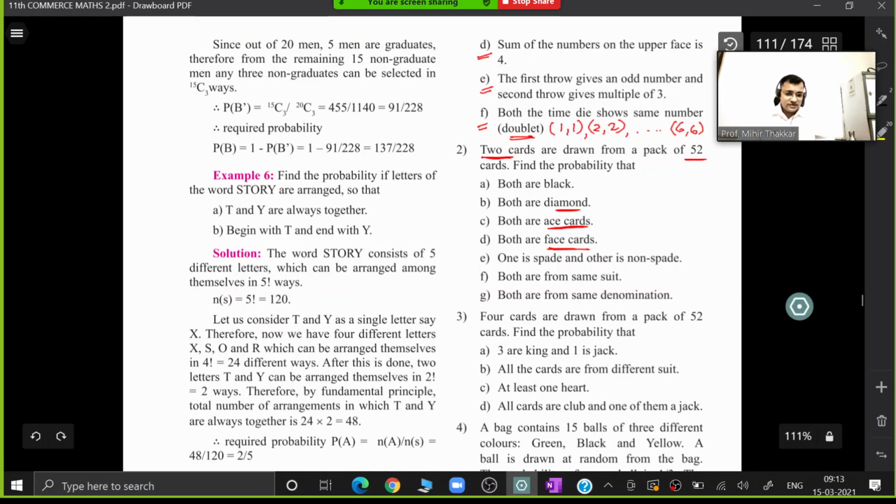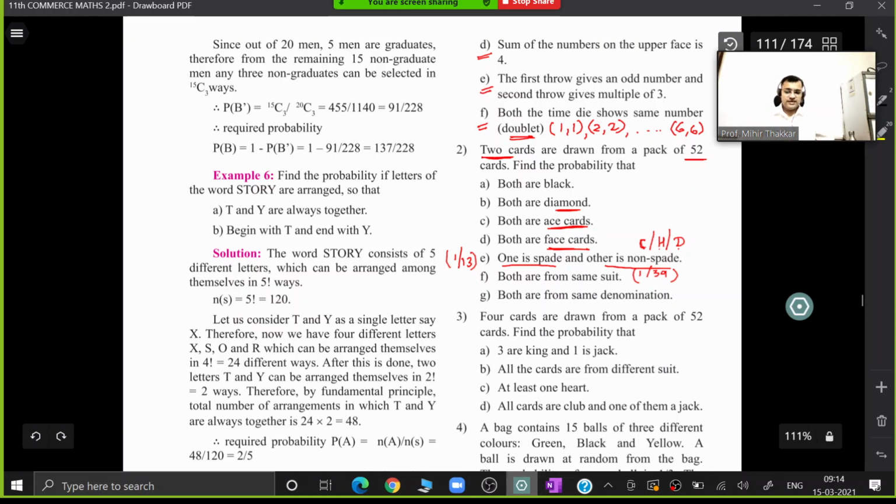When it says that 1 is a spade card, so I have to select one card out of 13 cards, which are the spade cards that you have. When I say other is a non-spade, so it can be either a club card, or a heart card, or a diamond card. So there are 13, 13 and 13. So it means that there are 39 non-spade cards, out of which I have to select only one another card. So how do we represent this solution?